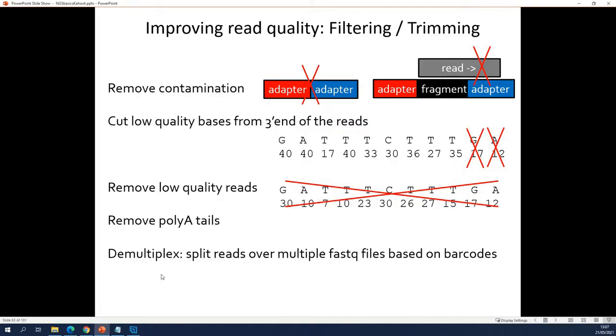So this splitting is normally also done by the sequence provider. What the base calling software generates is one huge FASTQ file per lane on your flow cell. If there were multiple samples in the same lane, he has to demultiplex that FASTQ file and split it into one FASTQ file per sample using these barcodes. Now, I have seen data where the sequence provider has not done it, so you have to do it yourself.